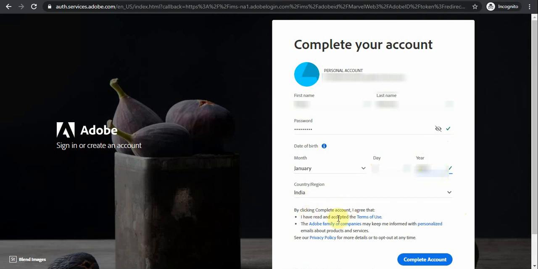So you will see after the verification, this form will appear in front of you. Just enter the first name, last name, a password for the Adobe ID which you are going to create, and then enter your date of birth, then country. And after entering all this basic information in this form, click on the complete account button.